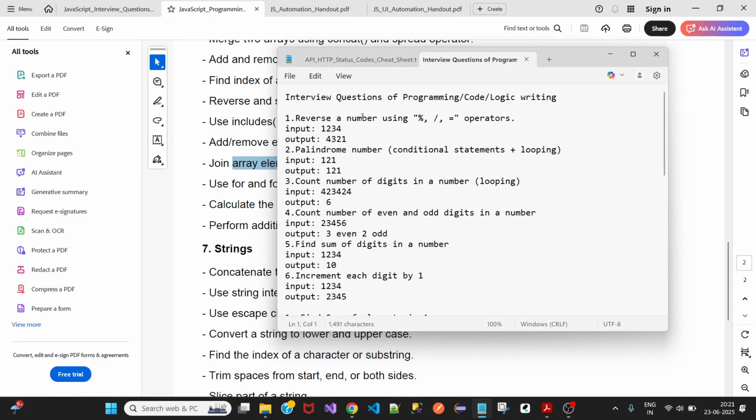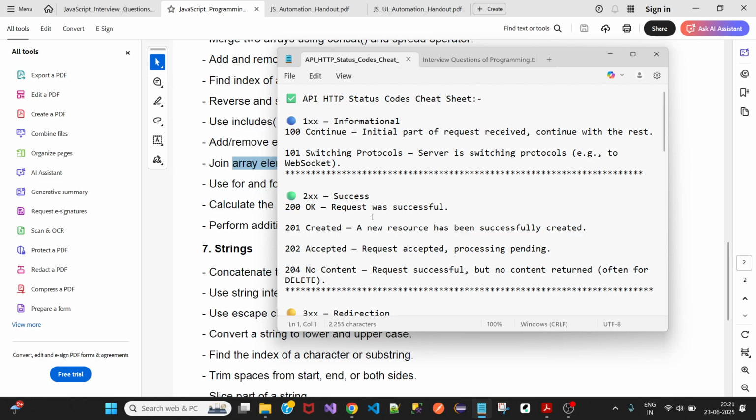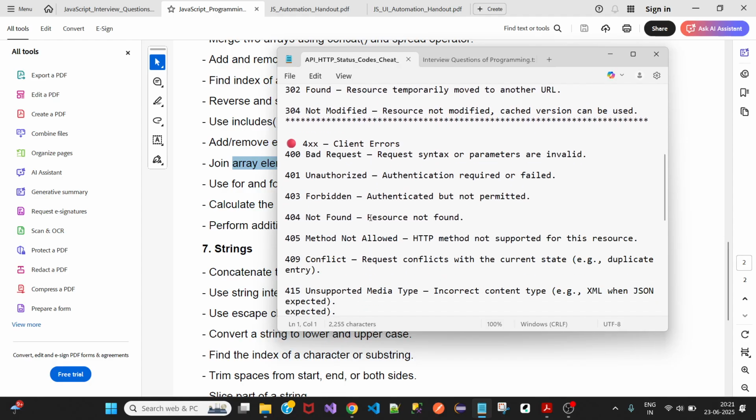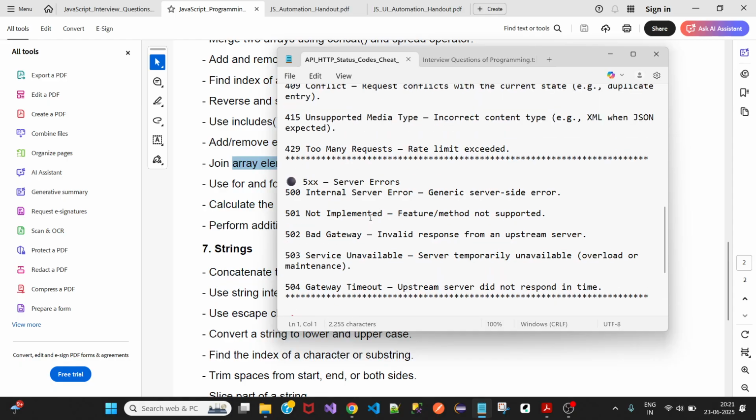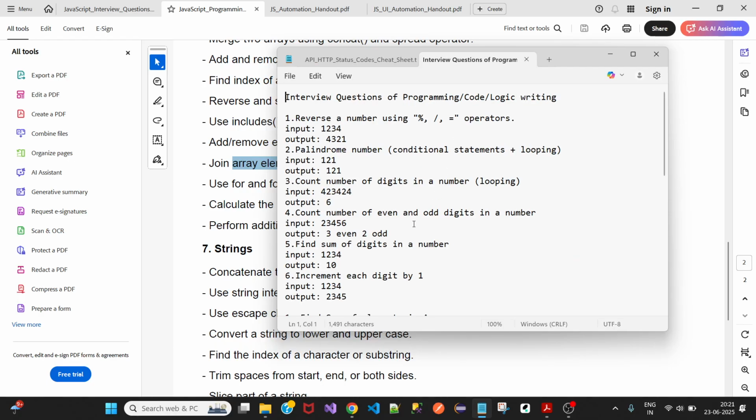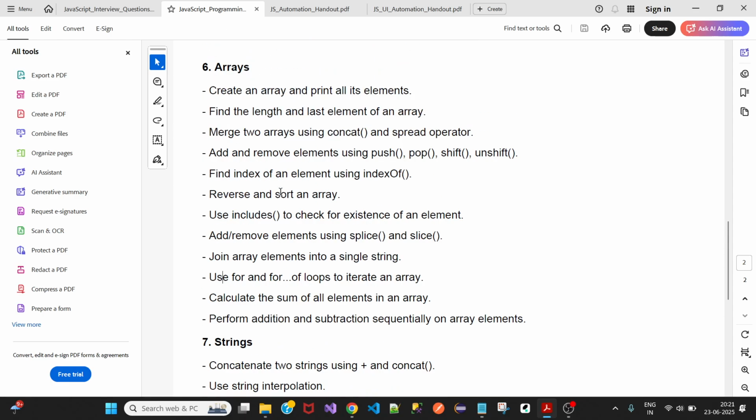And there is one more here, status codes. Very, very important when you're giving an API interview. In an API interview, status codes will be asked. So please go through all the status codes which are important and which will be asked in the interviews. And these are more programming questions, which, what I suggest is, before doing these